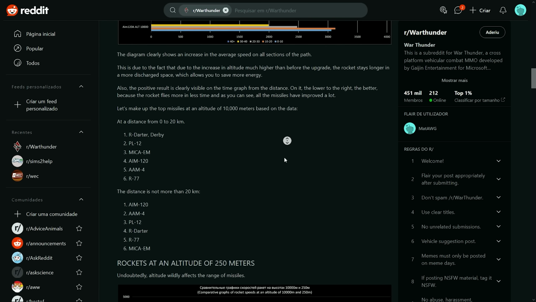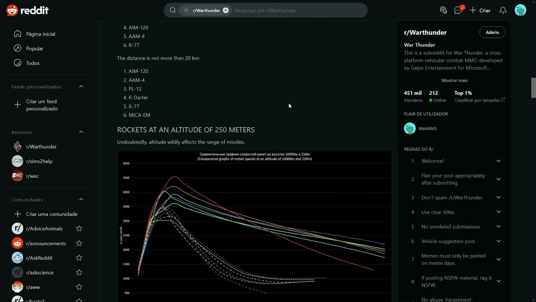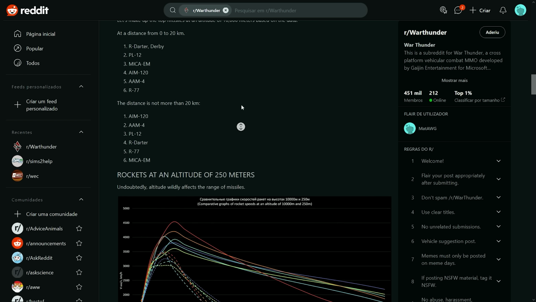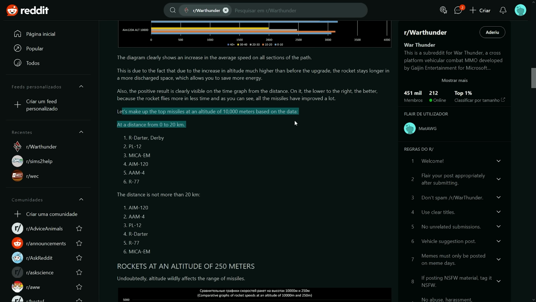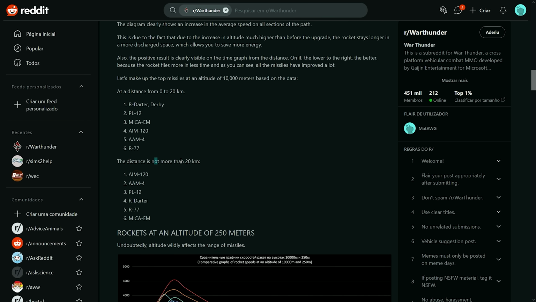He goes into depth over here, not gonna just read out of his work, right? Just take a look and you can analyze. I will leave the links in the description again. But there's so much information that he put here. He even put like a top missile kind of ranking over here at 0 to 20 kilometers, the Darter or Derby, PL-12, and like that, and more than, this is not more, I think he meant like more than 20 kilometers, AIM-120, AIM-4, PL-12, and